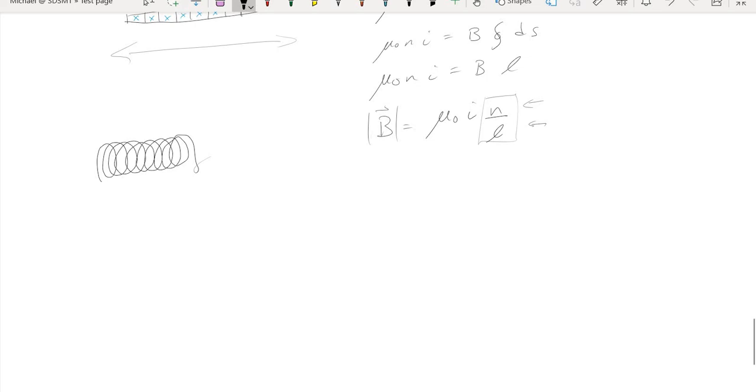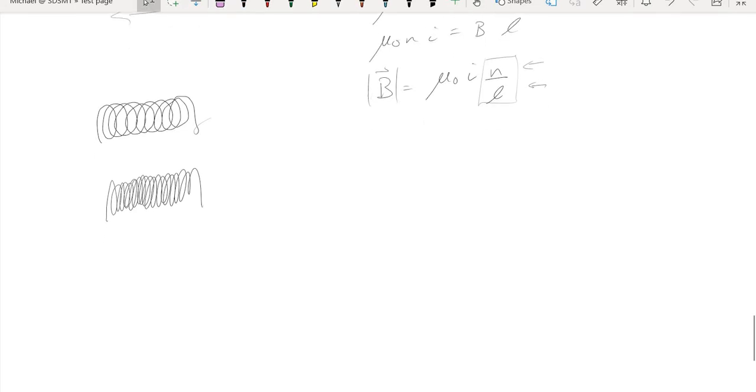But maybe you could get yourself a really, really thin wire, and then you could just pack in a whole bunch of turns and get a really high value for N while keeping the value for L really low. And so would that give you a really strong magnetic field? It would, except